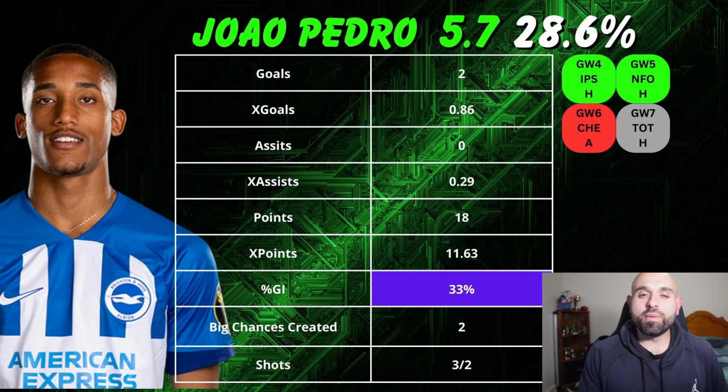Now, if I'm going to be picking a 5.7, 5.5 million striker for the rest of the season, it is guaranteed I would be taking João Pedro. Minutes locked in at the moment. I know Evan Ferguson played for Ireland in the international break as well, but João Pedro is just a brilliant asset, and with Ipswich, Nottingham Forest, and I still think Chelsea and Tottenham are still good fixtures. I know the ticker's got them as not as easy fixtures, but I still think there's goals there for João Pedro.